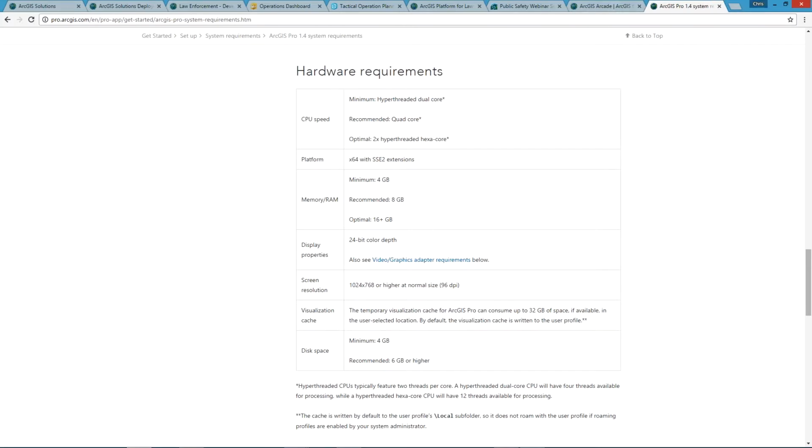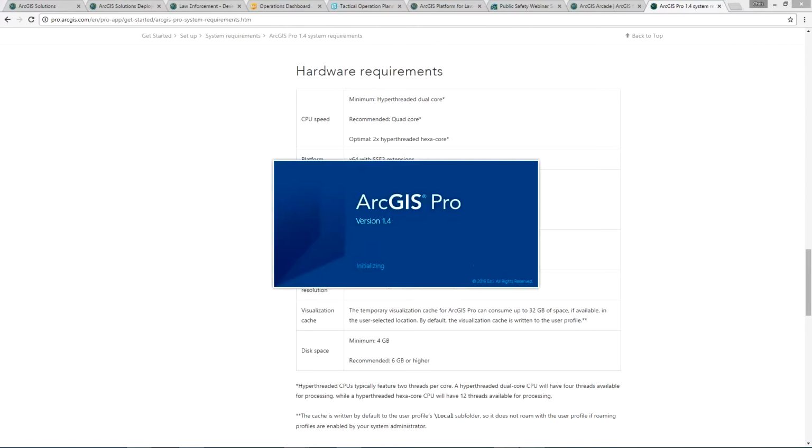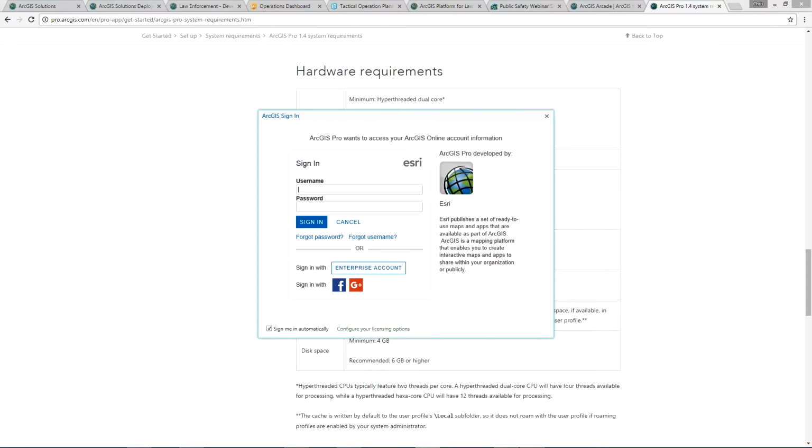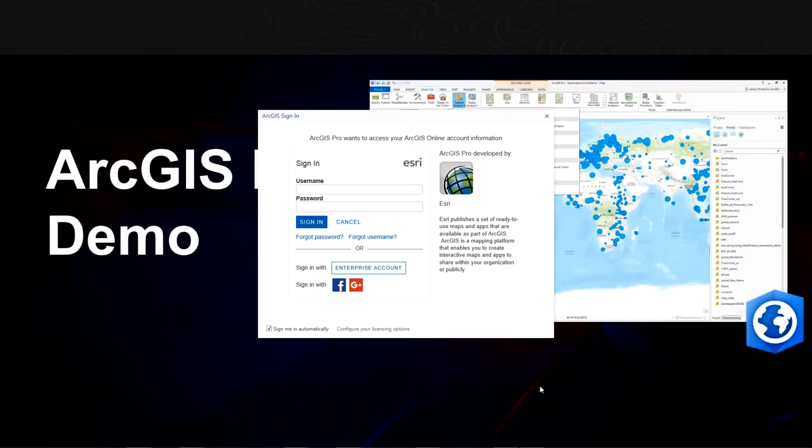Okay, so let's take a look first at the logging in process for ArcGIS Pro. If you're not familiar, ArcGIS Pro is licensed in 2 ways. The primary way in which ArcGIS Pro is licensed is via the named user model that exists in either ArcGIS Online or in ArcGIS Enterprise, where each individual user has a unique identity within your mapping portal, and that unique identity is provisioned a license via the portal to ArcGIS Pro. And you can see here my login screen. I'm able to log into ArcGIS Pro with my